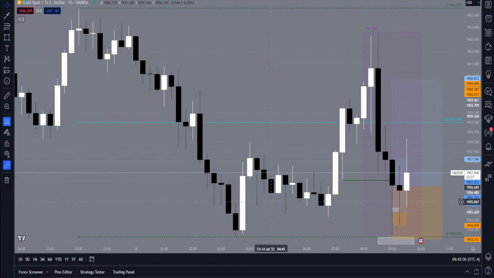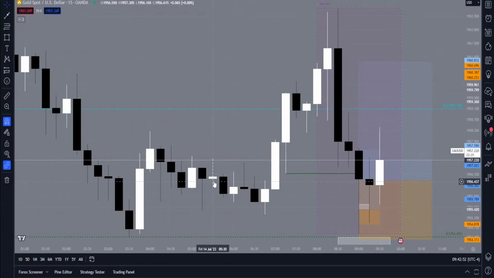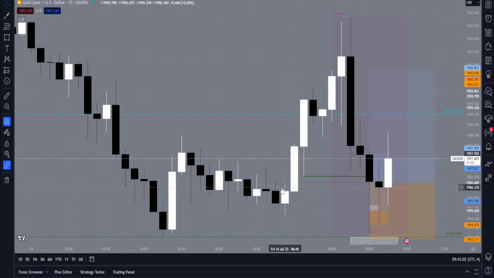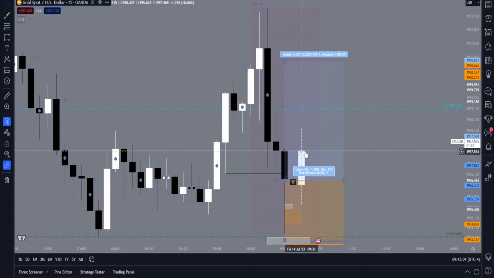Same like right here. You see what happened here? It had bullish, but it closed back into the range of the previous candle, and then the next candle dropped. Same thing here. Next candle dropped. So hopefully it finishes strong bullish.